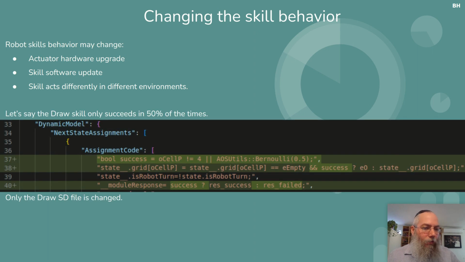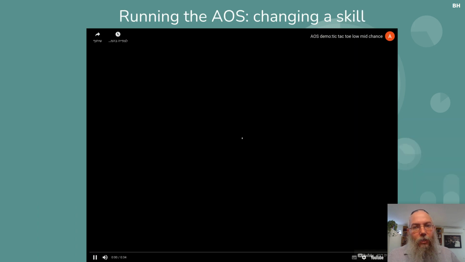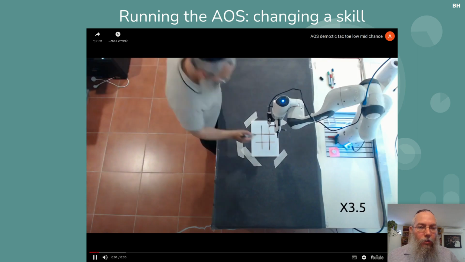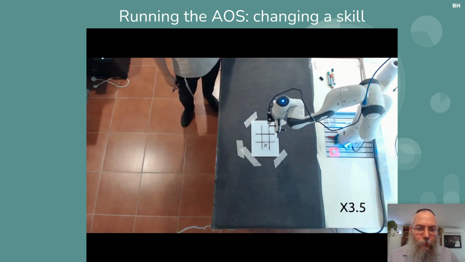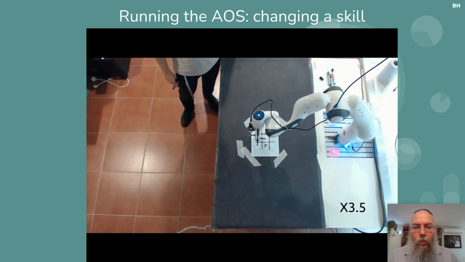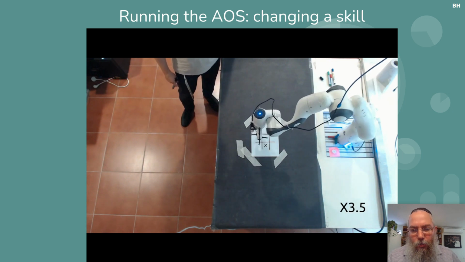So if in this example we want to say that the robot is having trouble marking the center cell, only a 50% chance, then it's very easy to change the dynamic model of the SDF file of this specific skill. And also you can add that now it may fail, and we can see the outcome,